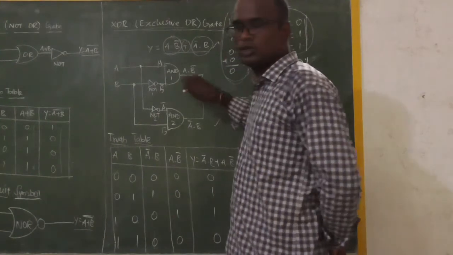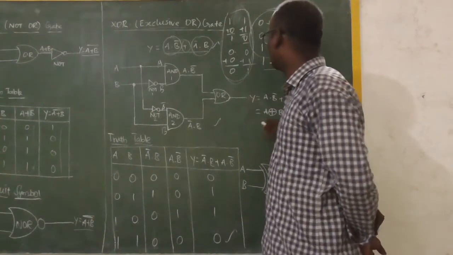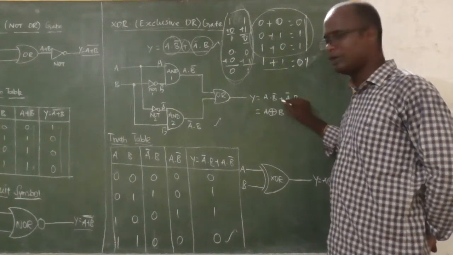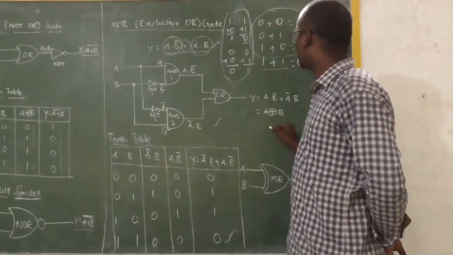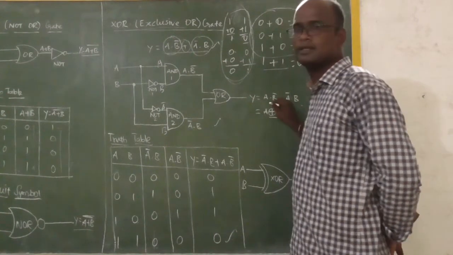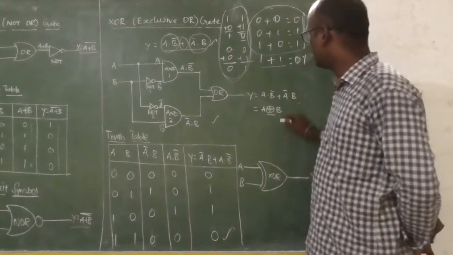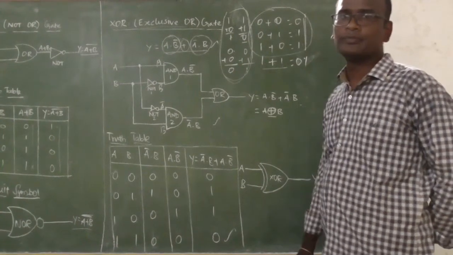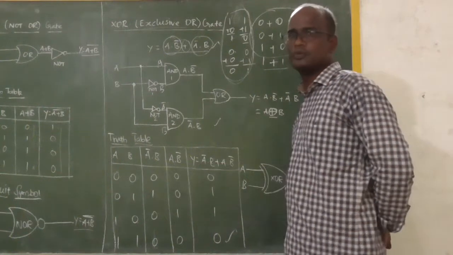So these two AND gates are applied to an OR gate, so that we get the result as Y is equal to A dot B bar plus A bar dot B. So this is the result of our XOR gate. The XOR gate operator is mentioned here as the direct sum. This is the mathematical symbol referred to as direct sum, which means it gives the summation result as the output.